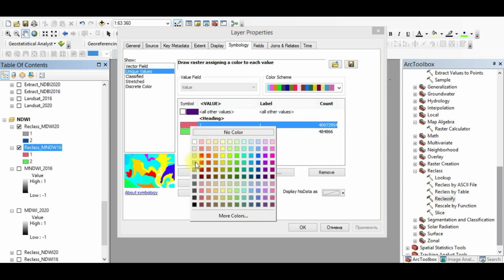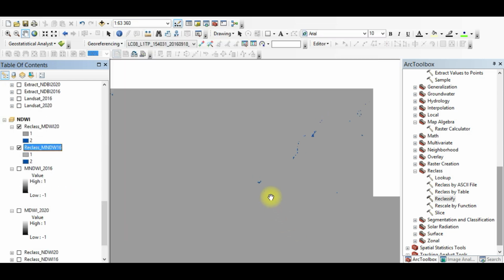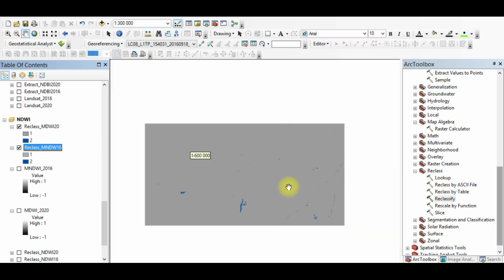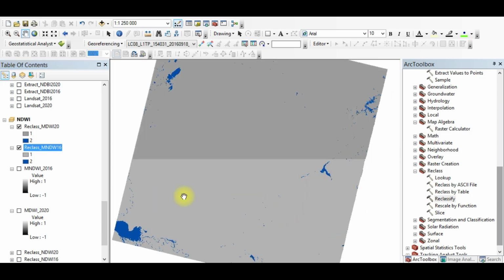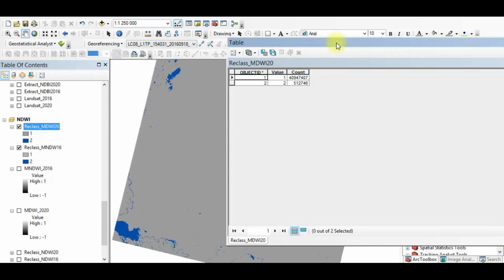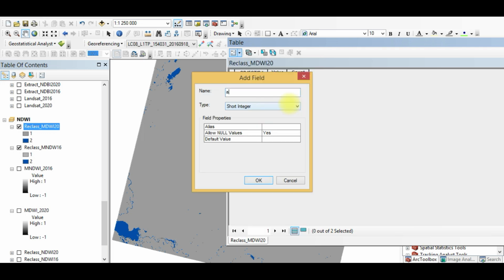And I can calculate now. See, it is actually a very precise detection of water bodies. So area,